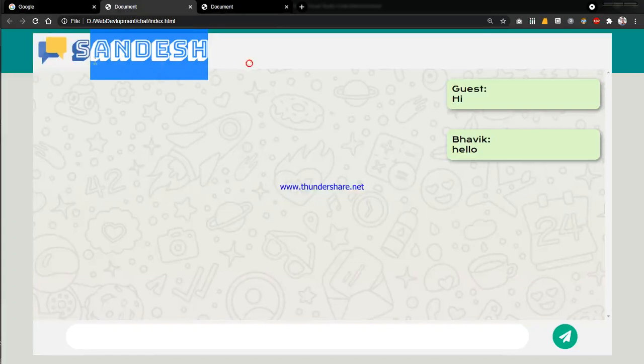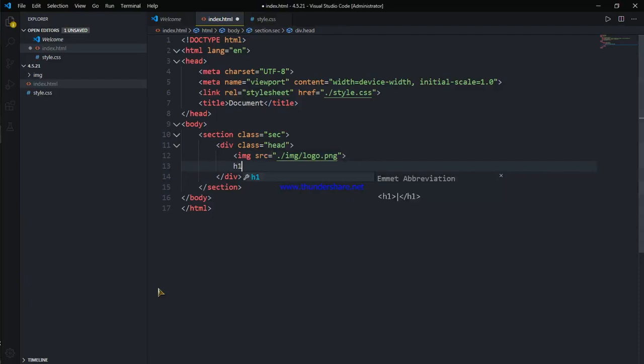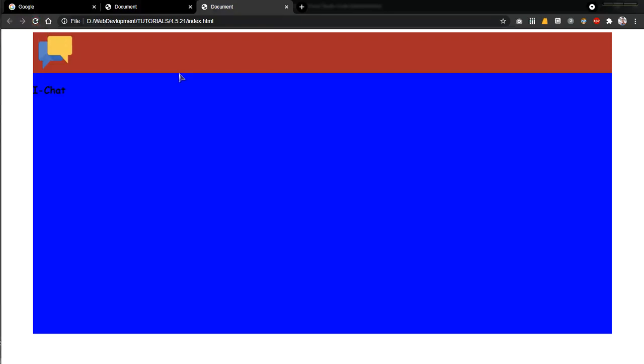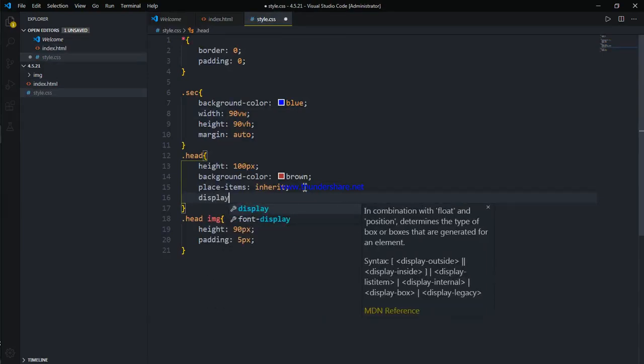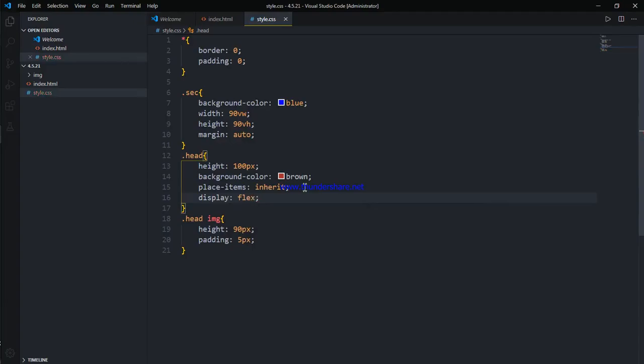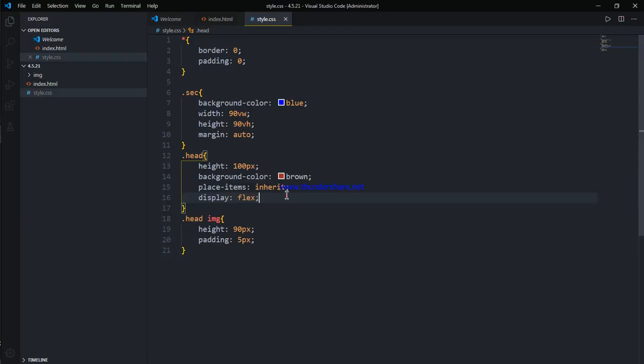And we will add, as we can see the title right here, an h1 tag and add the name as iChat or something. That's a good name, iChat. Oh boy, did this work? No, because we have to give it display flex, and here it is.